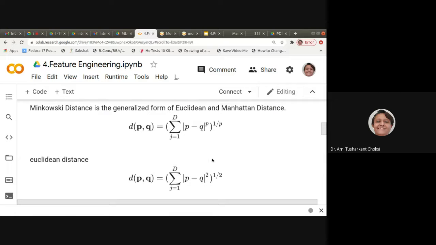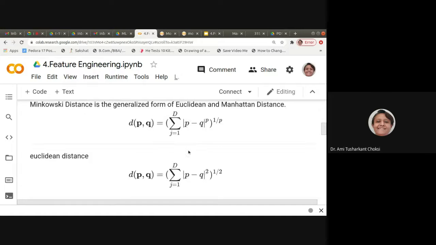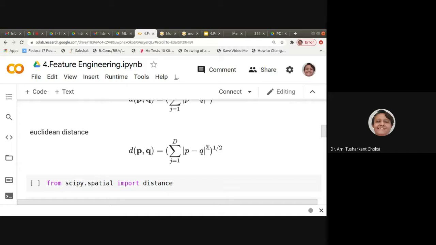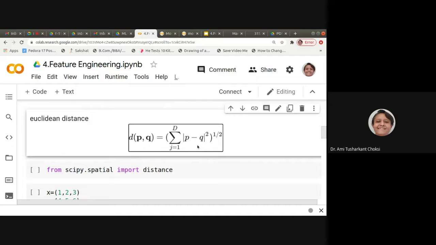If we put P equal to 1, it is Manhattan distance. If we put 2, then it is Euclidean distance, right? That is known to us.